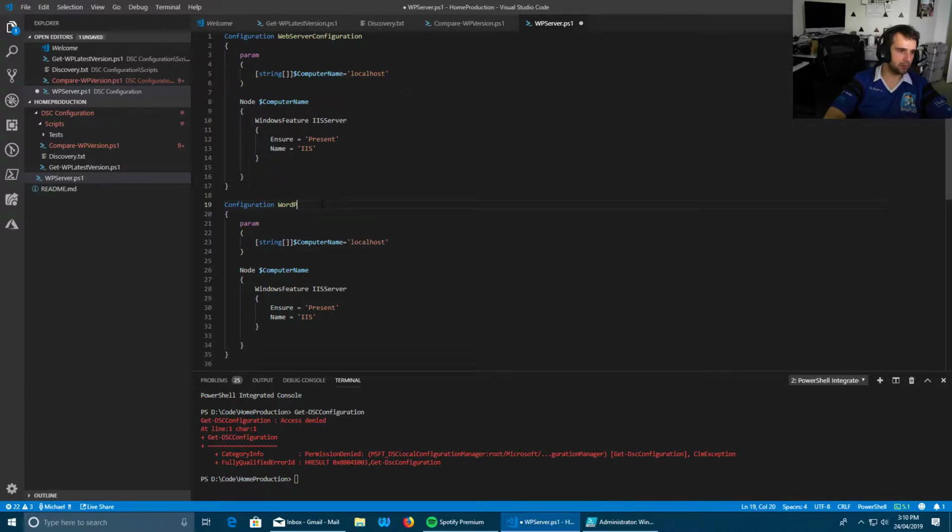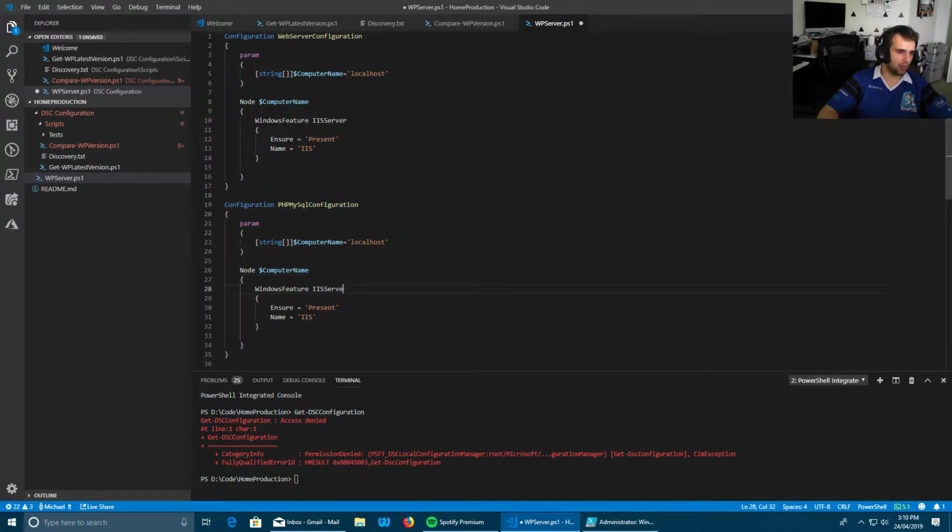WordPress fundamentals, I'm thinking. PHP, MySQL configuration. So yeah, the node will be just the computer name, so we can target computers, which is really